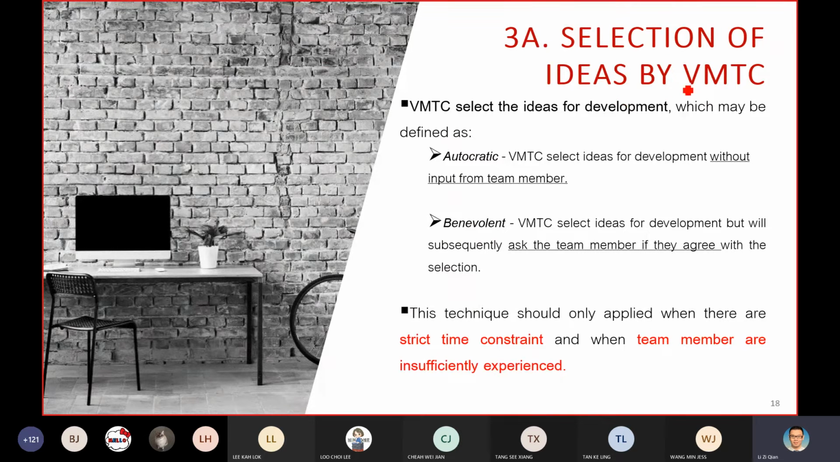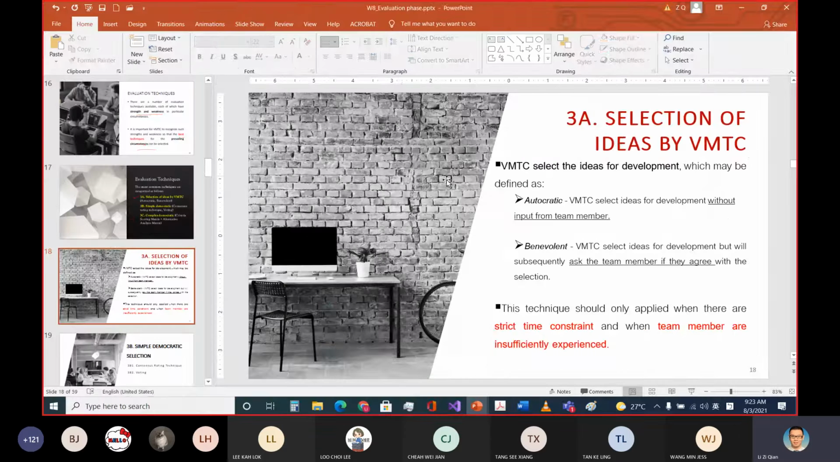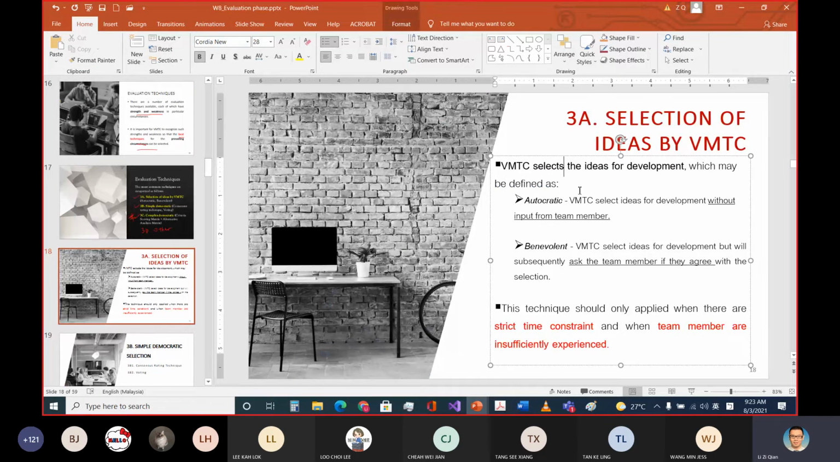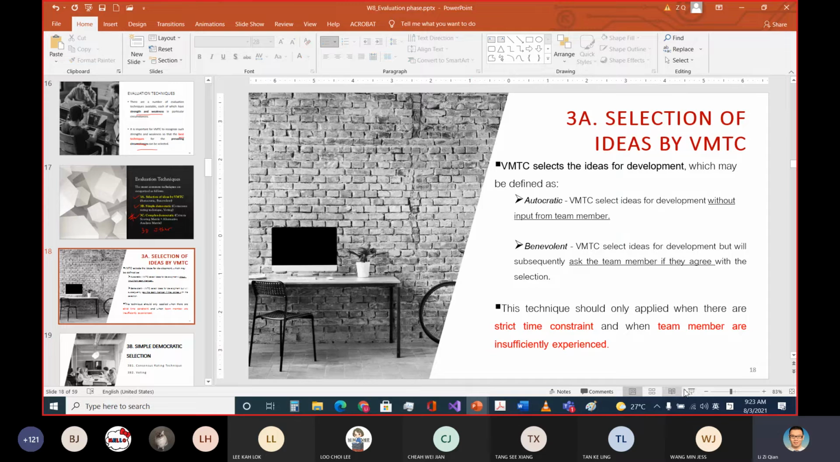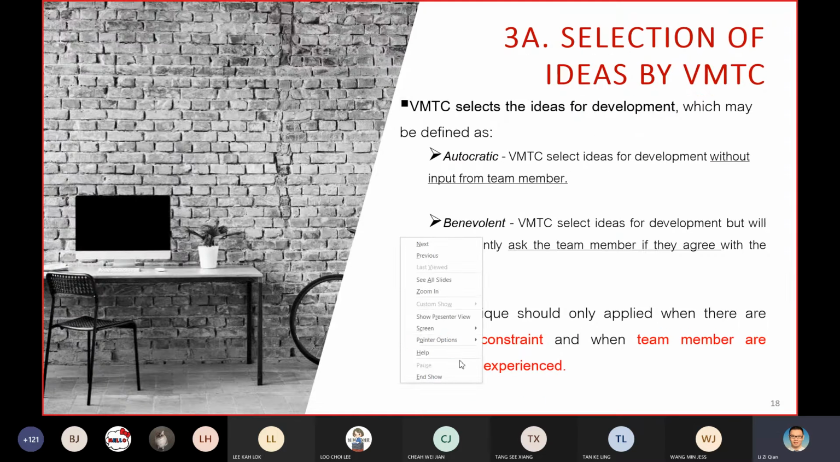Selection of ideas by VMTC. Oh, this one is very simple. Meaning to say that right now the VMTC selects. Here I think there's a grammatical mistake. VMTC should have an S. Okay, so the VMTC